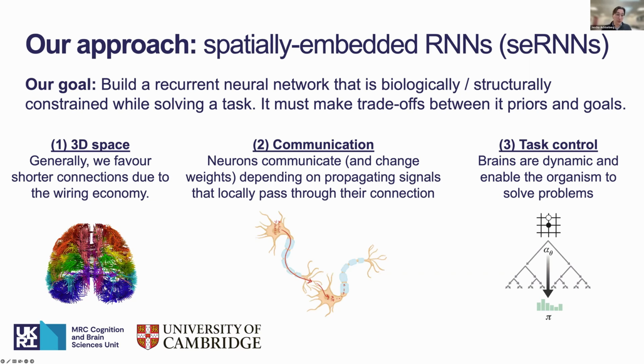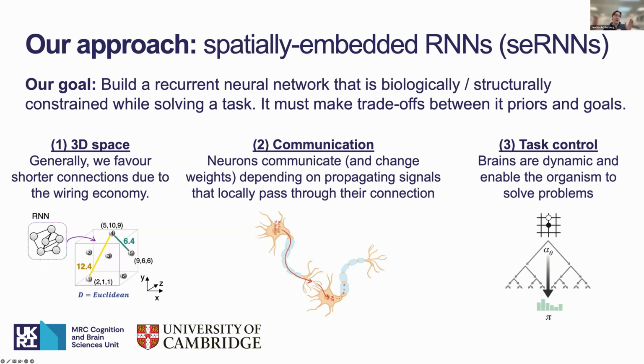So what we do for the space is we take the recurrent neural network. This is our visualization of the standard approach here. And we assign each of those units in the recurrent neural layer a location in 3D space. So we just take a box space for now. It's a very simple implementation that we did here. Assign each of those units a location in this box space, and then take a Euclidean distance between them to tell the network how expensive the different connections are.